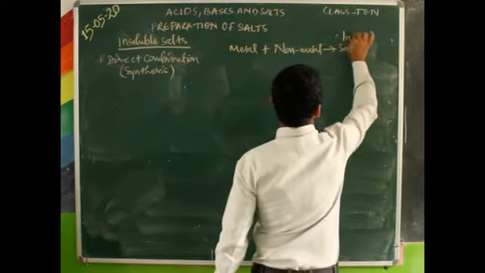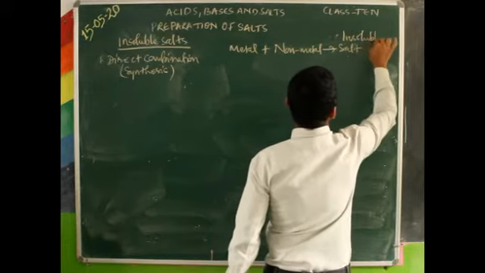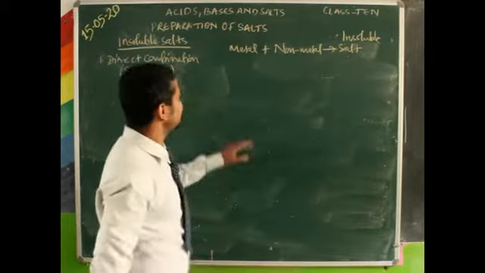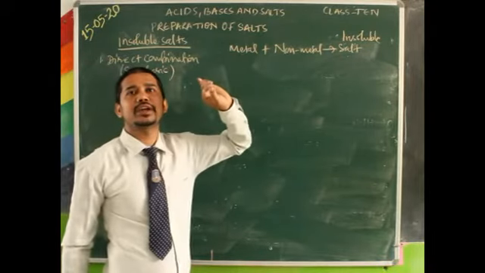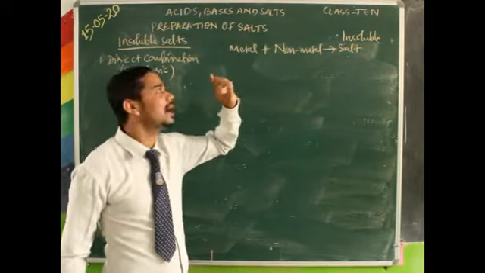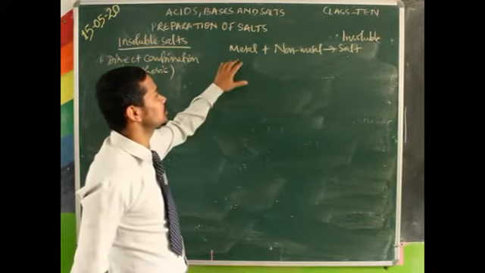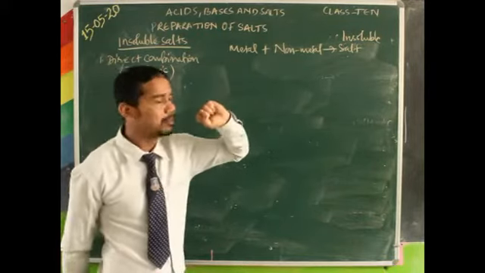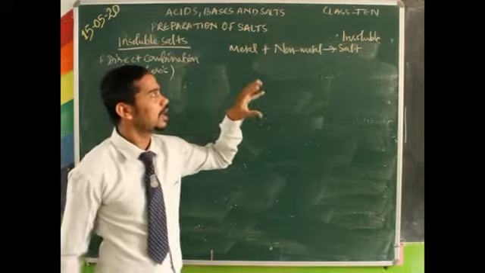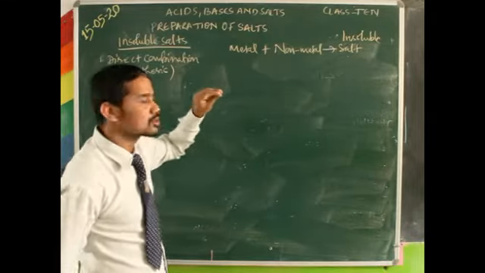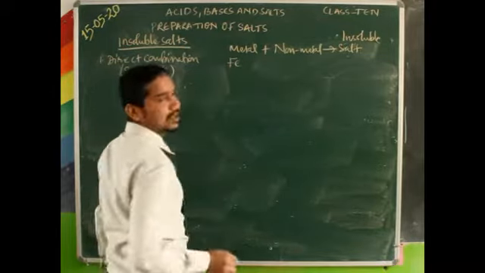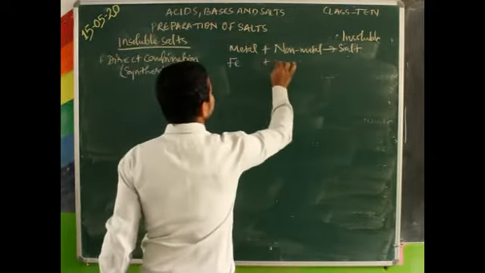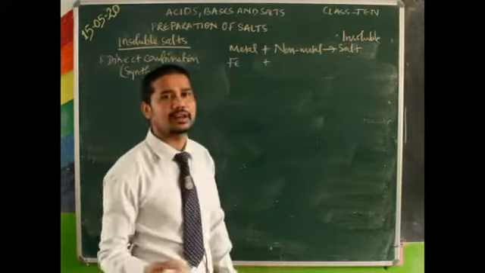And what is the salt? Insoluble. So make sure that here you will not be using metals like sodium and potassium, because their salts are not insoluble salts. So if you take metal like iron and non-metal like sulfur,